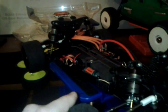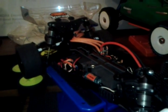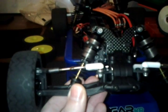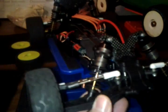There's no slop. There's no play. You don't have what I call the track rattle. When you're up on the driver's stand and I'm driving this, I can hear the parts rattling, the slop, the play. On this, I hear nothing but the motor. It's amazing. I've had people come up to my pit area and feel it and be like, wow, there's just no play anywhere. I was like, yeah, I know. And then this one,